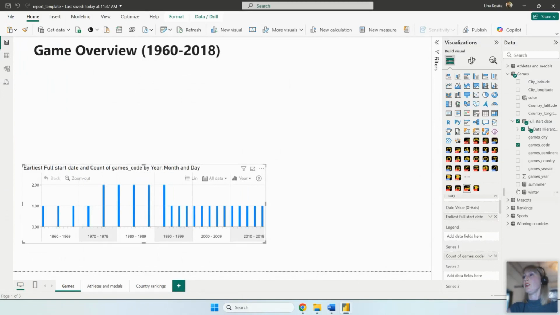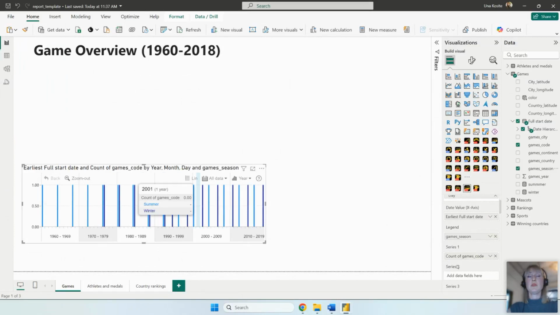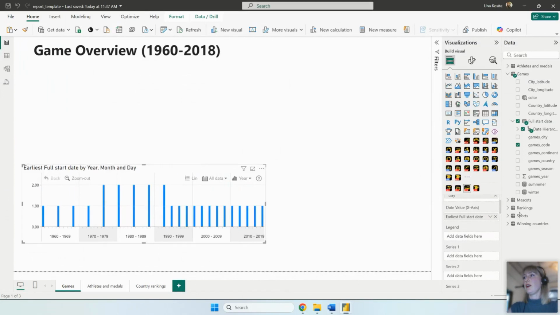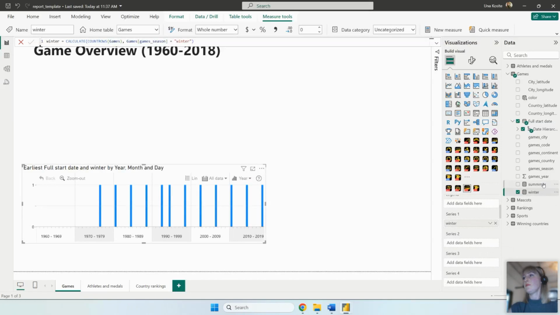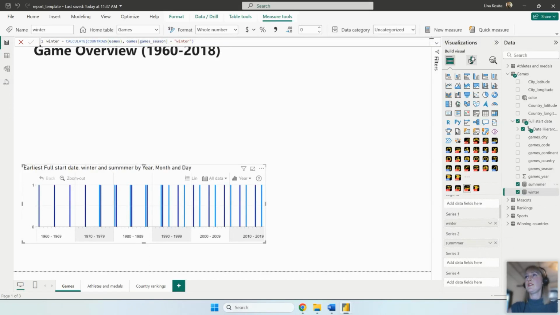You can handle it differently. I could add, for example, a legend field and split this by season. But I don't like the end result right now, since I'm not really analyzing quantitative data. I just want to show something on a timeline. So I'm going to use a different approach here. I already previously created a simple measure that counts how many winter games and how many summer games you have. I'm just going to add this in each series,